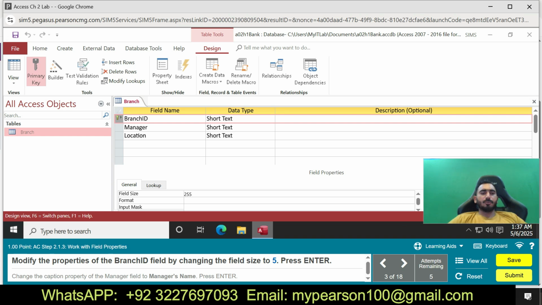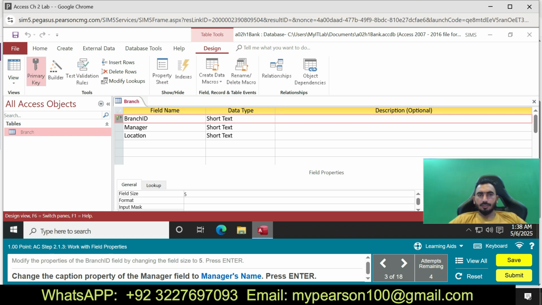Now I am going to modify the property of the branch ID. We're changing the field size to 5 and press Enter. Change the caption property of the manager field to manager names.